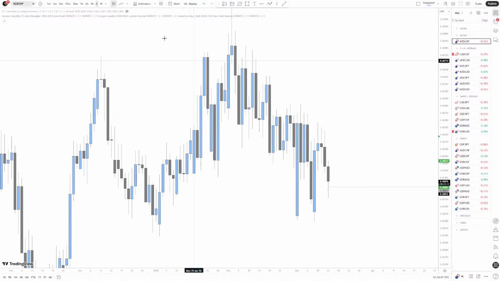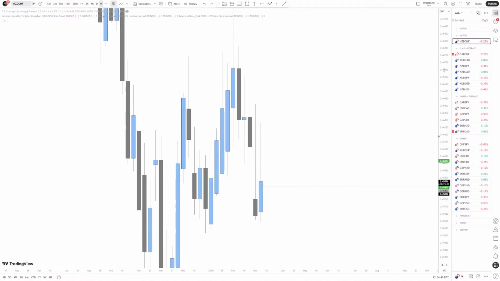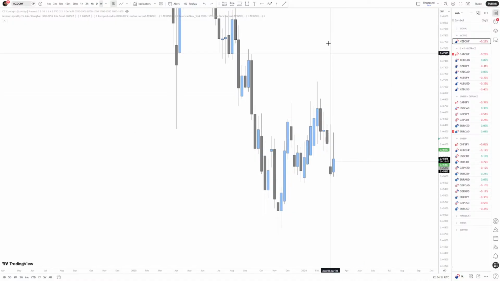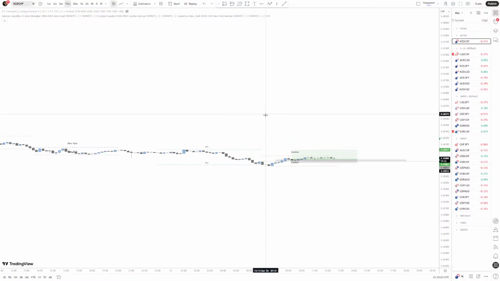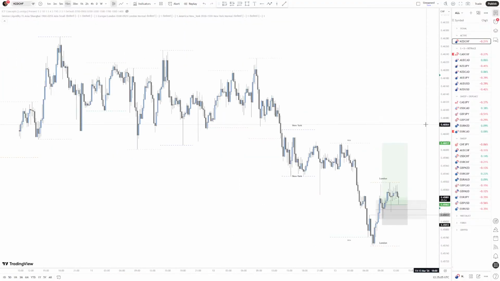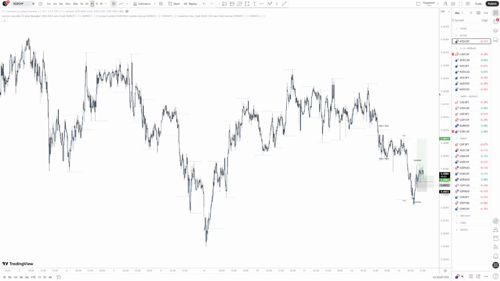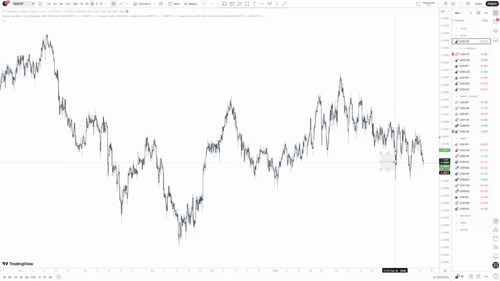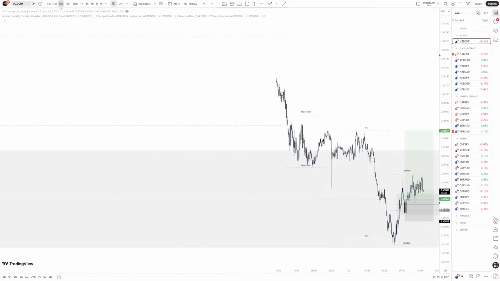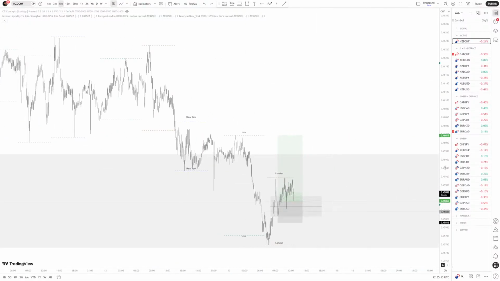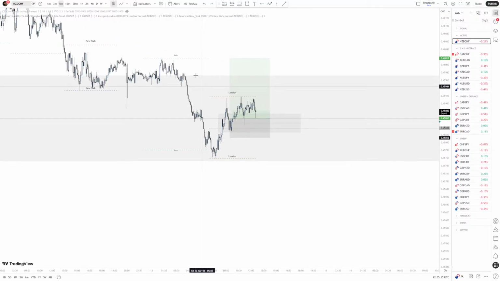You can see there's a lot of imbalance here because if you go to the weekly, I believe it is, you can see here we have some gaps, right? So from the wick here to the open here. Excuse me. This is the open. This is the gap over here, and then where is it? It's over here. So drag that across. All right, so this big candlestick is the imbalance.